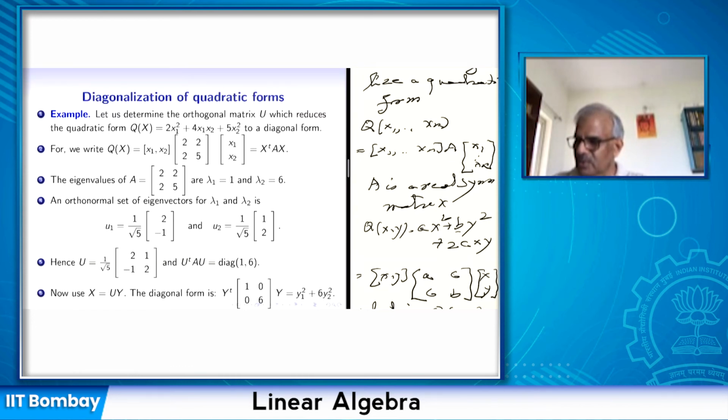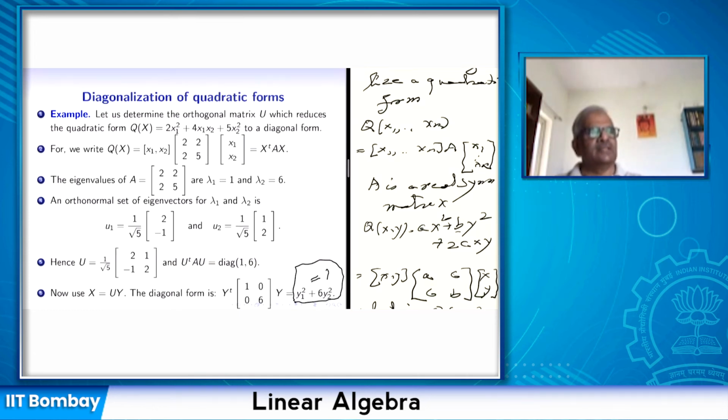Okay? And that is equal to y1 square plus 6y2 square. So if you wanted to understand what Qx equal to 1 represents, you might as well understand what this represents. Well, this is an ellipse. This is an equation of an ellipse. So Qx equal to 1 represents an ellipse, and its axes, because there is no fixed term here, y1 square plus 6y2 square, the axes of this ellipse are in the directions of the eigenvectors.